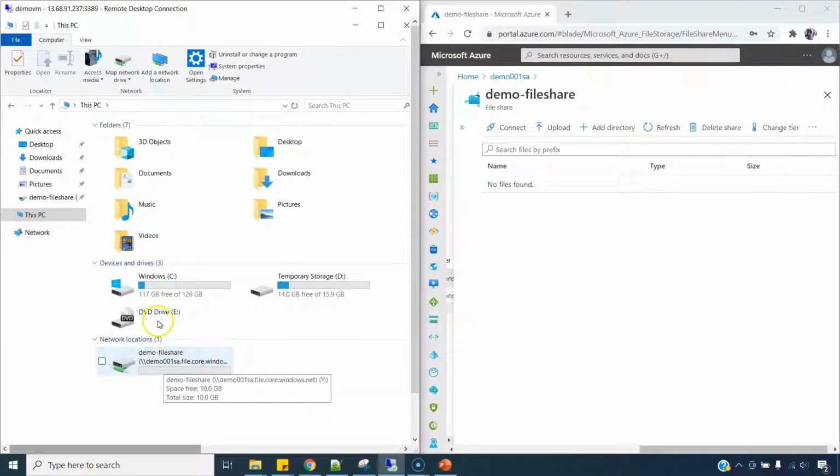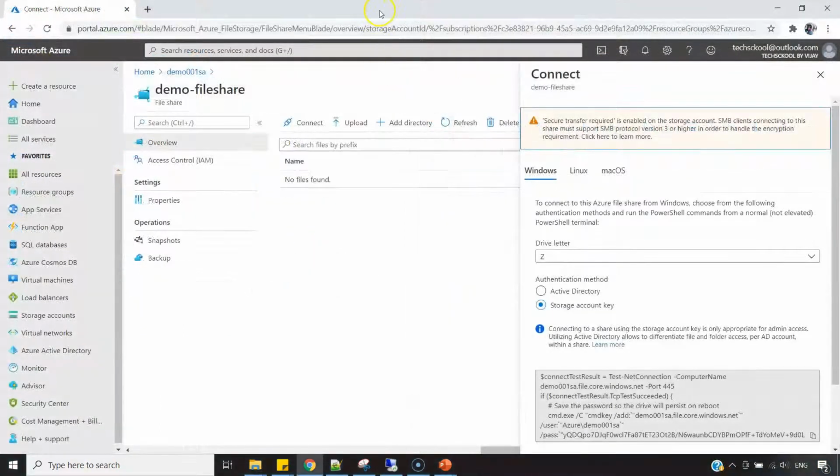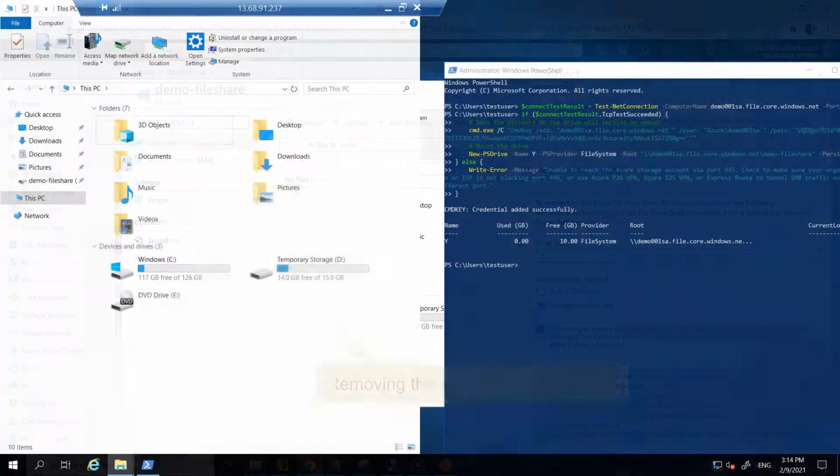Now, before we wind up the lecture, let me show you another way of mounting file share, which is via user interface. I will use the details from this script itself. Follow the screen carefully.